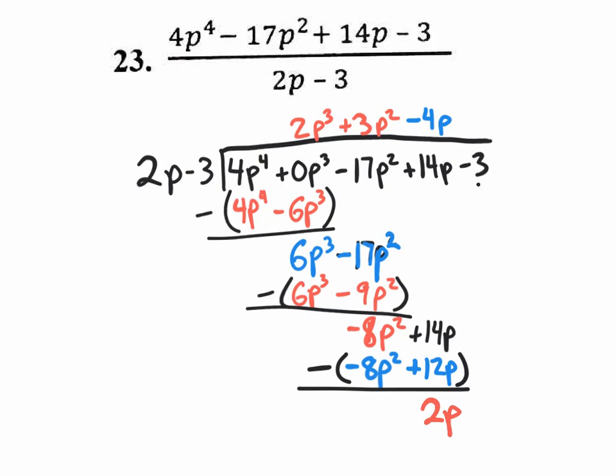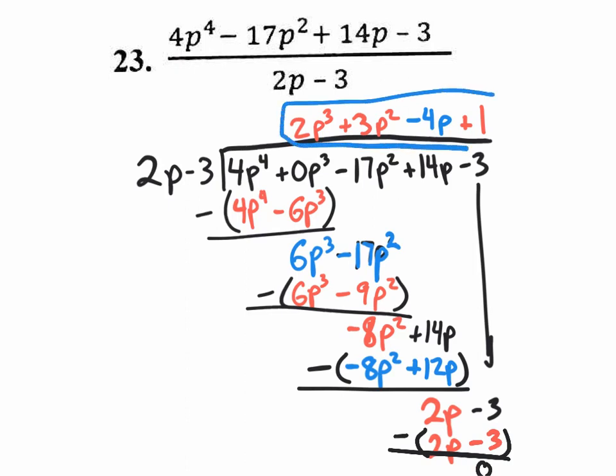Bring down that minus 3 at the very end. Minus 3. 2p times what is 2p? 2p times positive 1 is 2p. And then that 1 times negative 3 is going to be negative 3. Wow. Pretty cool, because at the very end you have the remainder of 0, which means that this is simply your answer right there. Yes, that was definitely a lot of work that's long, which is why we call it long